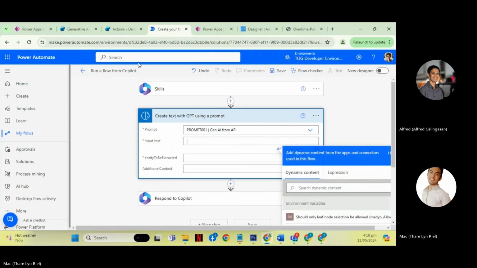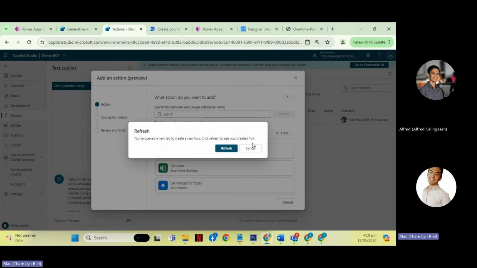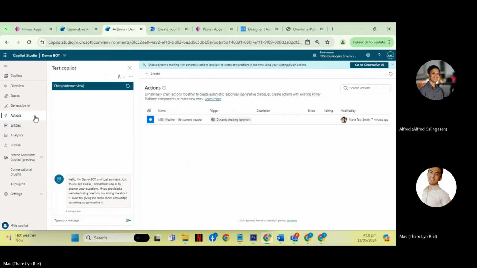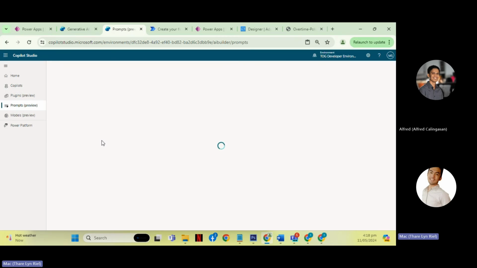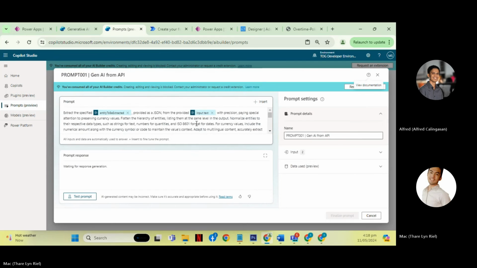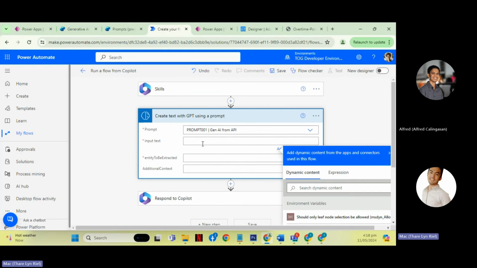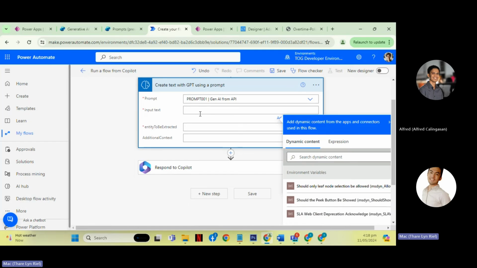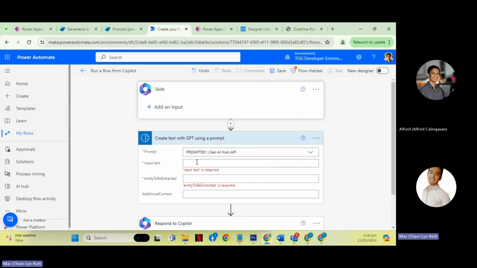So you see there are two inputs, because if you go to the prompts of that AI plugin again, there are two required inputs on that prompt: the entity to be extracted and the input text. So that is required, and we need to put something on that.